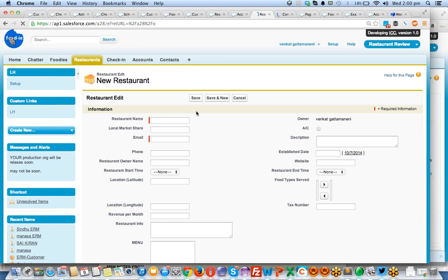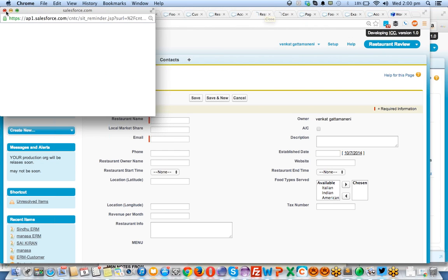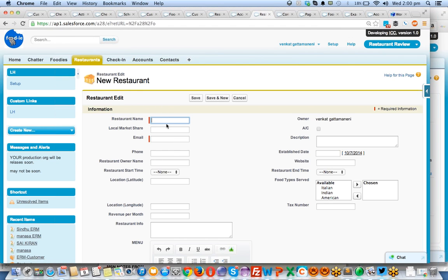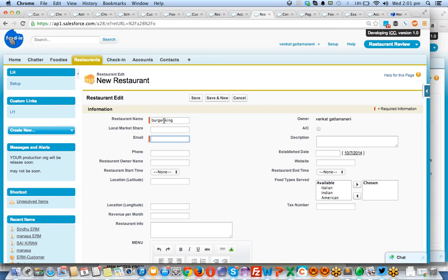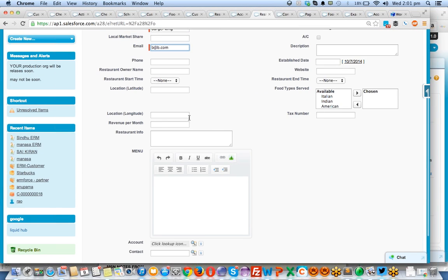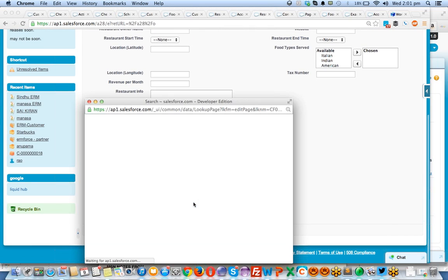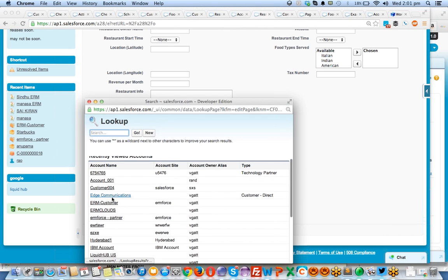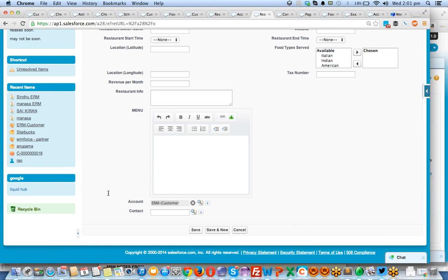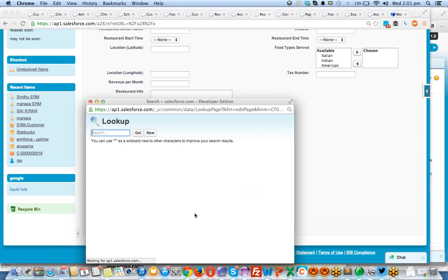Click on new. See, there are around 50-60 contacts in my organization. But what will happen now? I will tell you. I'm creating a new restaurant called Burger King, b@b.com, and what's my account name? So this restaurant belongs to this account name. I'm mapping ERM customer. So now the filter will be applied on the contact object, and if I'm clicking on this,